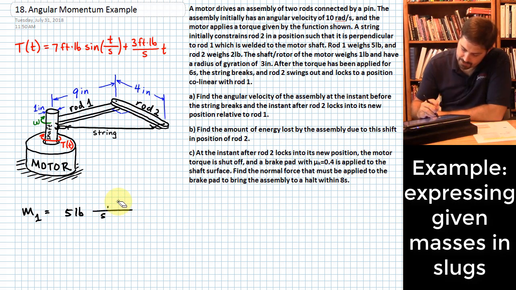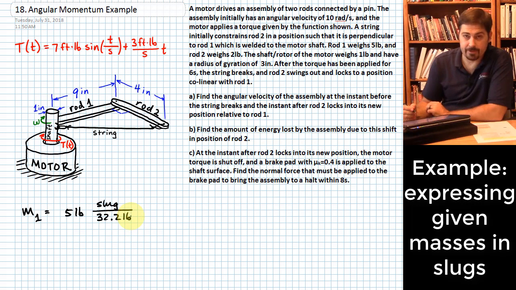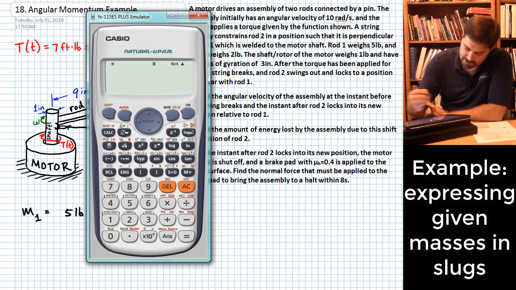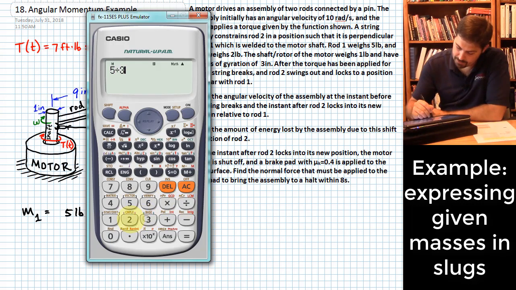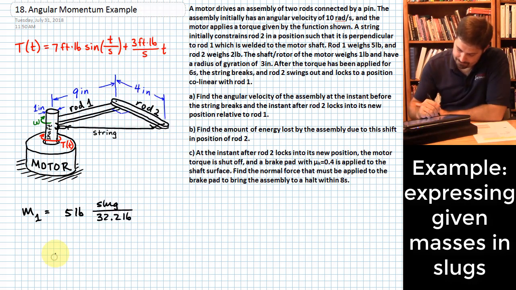Which basically means I wrote that wrong right there. We should put slug in the numerator and 32.2 pounds in the denominator, okay? So let me just punch that in real quick. 5 divided by 32.2. All right, so 0.1553